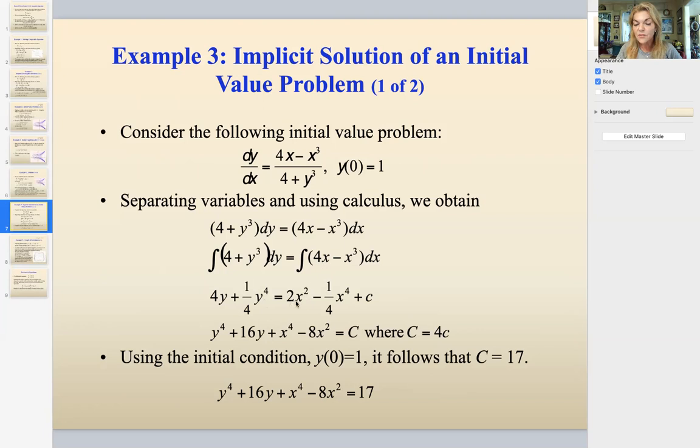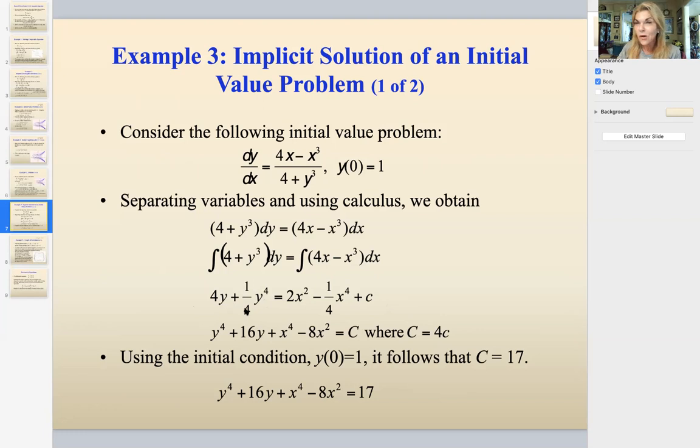Integrating 4x gives us 2x squared. Integrating x cubed gives you x to the 4th over 4. There's a minus sign out in front, and a plus c. Okay. And if you wanted to write it a little prettier so that the powers go in decreasing order,